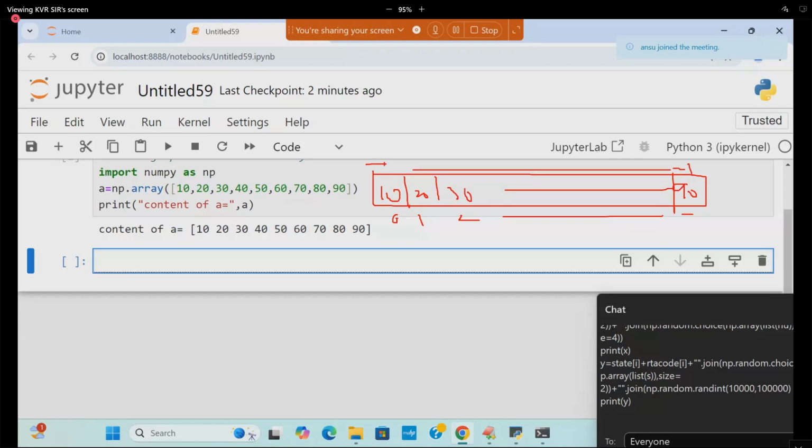Understand? Well, now I want to get an element. Syntax for 1D array indexing: the array object of a valid index.